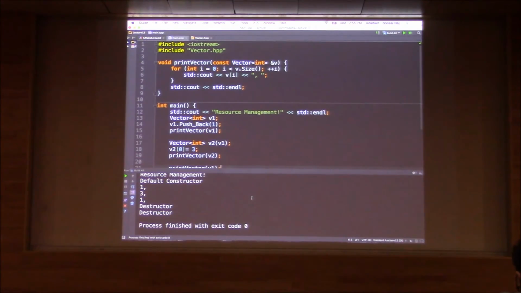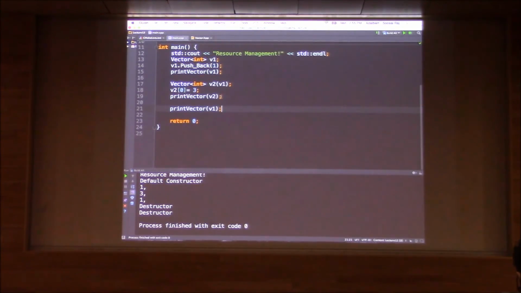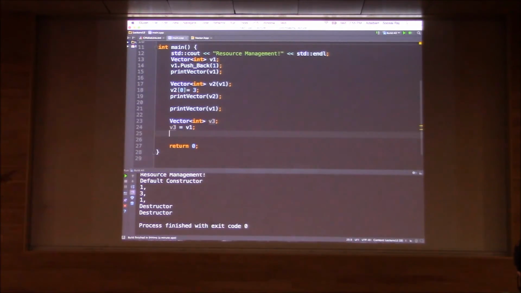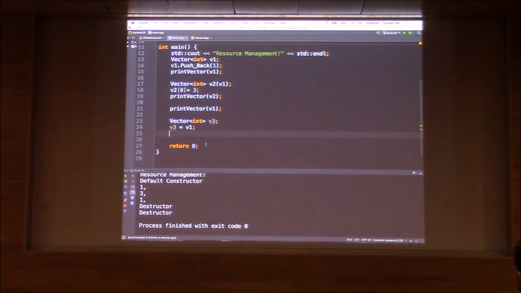And in a similar way, if you see here in our main, the third thing that we just spoke about: if you have something like vector of n, v3, you just create a vector and you say v3 equals v2, or v1, the same thing. This particular piece of code, if you try to run, let's see what is happening, and we can do the same things here. I'm modifying v3's 0th element to 7, and I'm printing v3